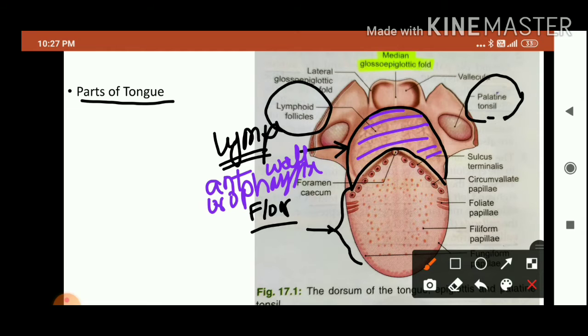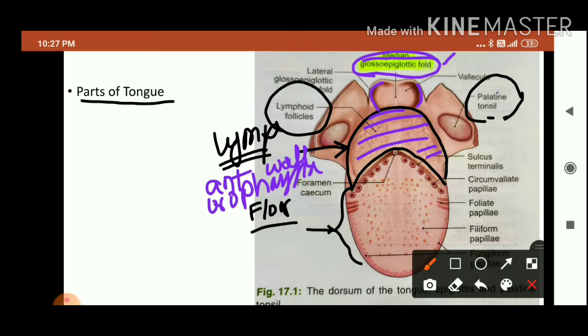Yes, now the posterior most part of the tongue is mainly attached to the epiglottis with the help of three glossoepiglottic folds. We are highlighting this. This is the median glossoepiglottic fold. If you look at the term glossoepiglottic fold, glosso means tongue, epiglottic means epiglottis. So it is mainly a fold of mucous membrane that attaches the posterior most part of the tongue to the epiglottis. And what are the three folds? One is the median glossoepiglottic fold, and on each side we have two lateral